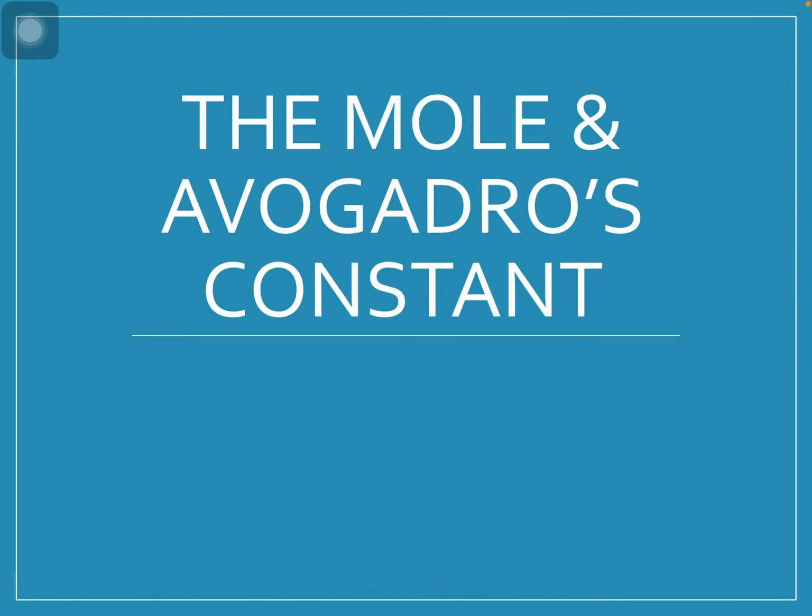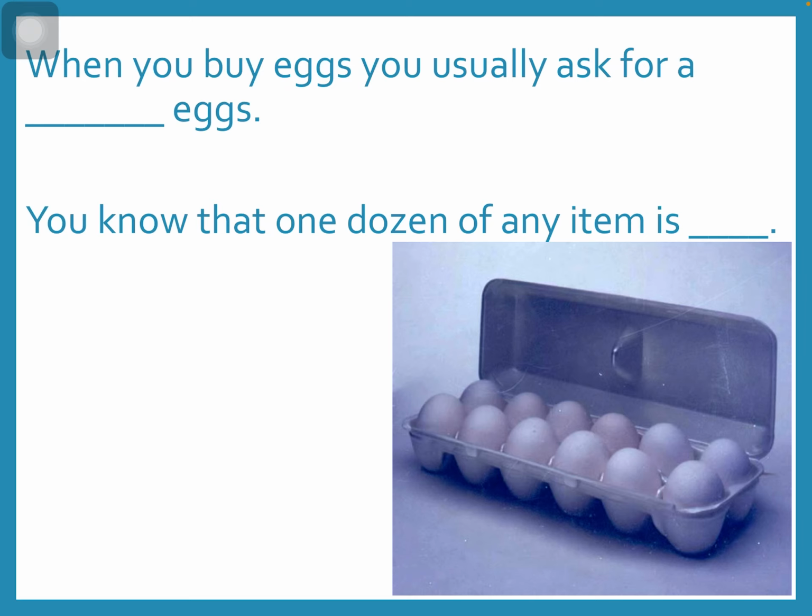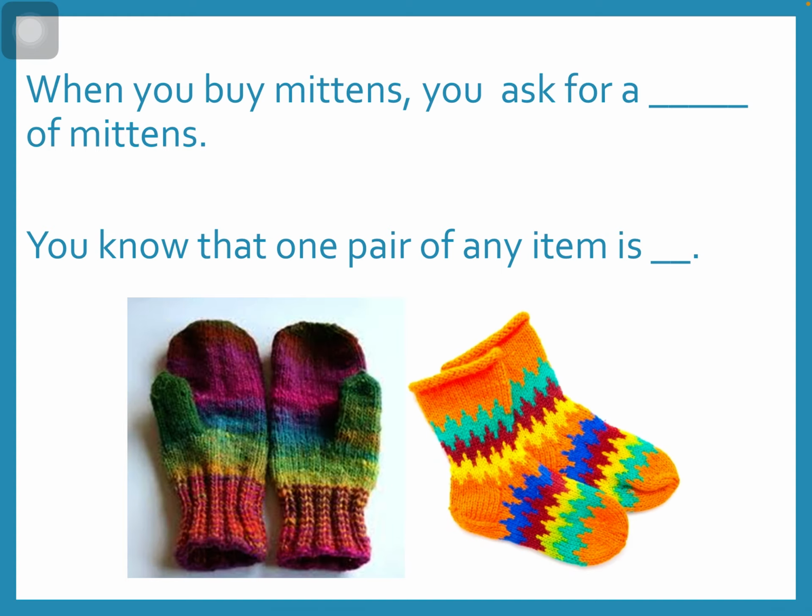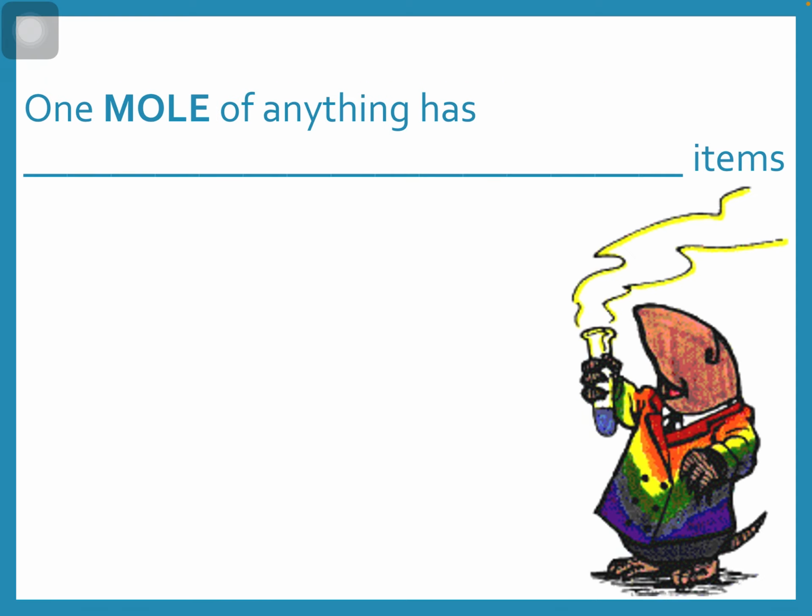In this lesson, we're going to take a look at the concepts called the mole and Avogadro's constant. So when I buy eggs, I usually look for a dozen eggs. And when I talk about a dozen, I mean 12 of something. If I'm buying mittens or socks, I'm looking for a pair of mittens or socks. And we all know that that word represents the number 2. So we already have different words that represent numbers, and we have the same thing that's going to happen in